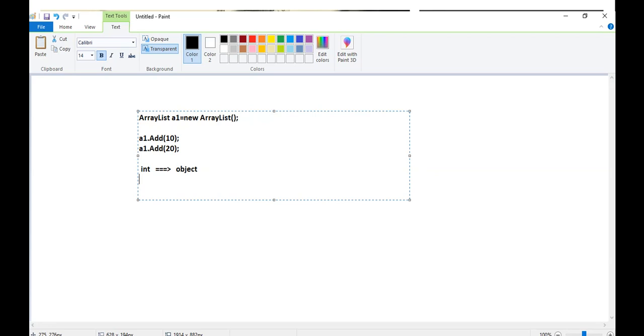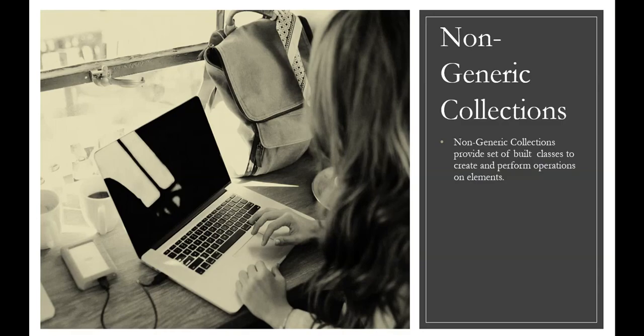The type of element will be considered as object, and this will be the case for all the classes. So what are the classes available in non-generic collections? We'll see ahead. The main point for non-generic collections is the data type.